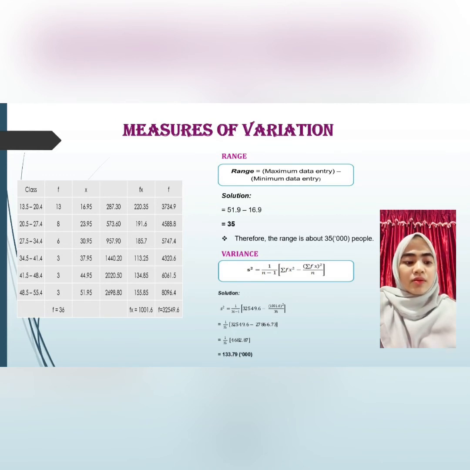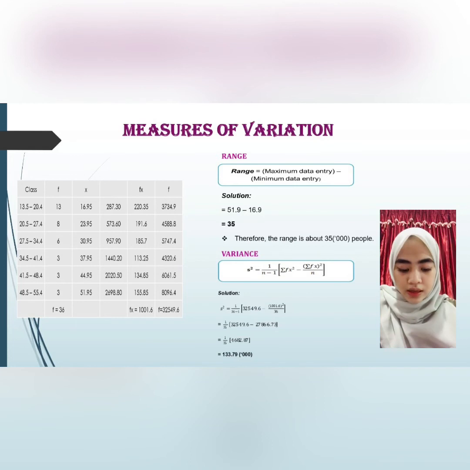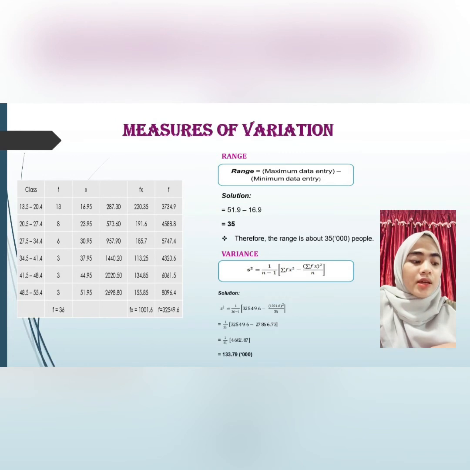Okay, for the next, we need to find the variance. We must do the table calculation before we get the solution, and the formula is S squared equals 1 over n minus 1 times the bracket of sum fx squared minus bracket total of fx squared over n close bracket. For this assignment, we get S squared equals 1 over 36 minus 1 bracket 32549.6 minus bracket 1001.6 squared over 36 close bracket,